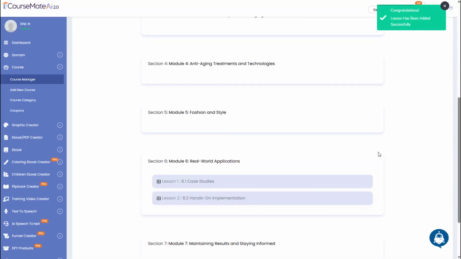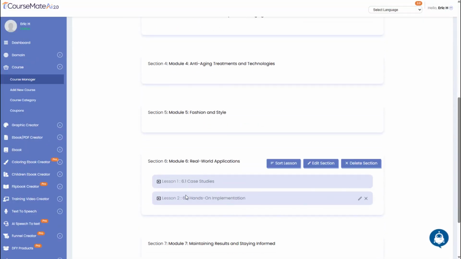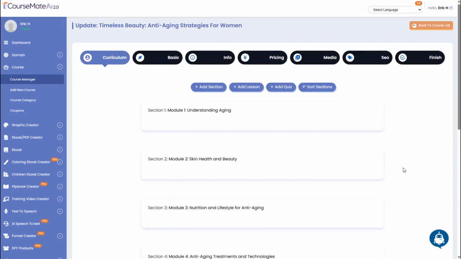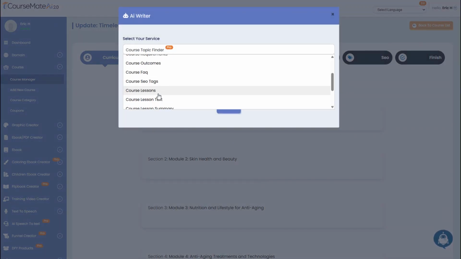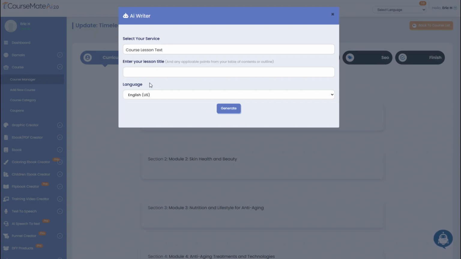Now if we scroll down, we'll see that we've got 6.1, 6.2. We just need to create 6.3. We'll click our AI friend. Go to course lesson text. And this one will be called Expert Interviews and Panel Discussions